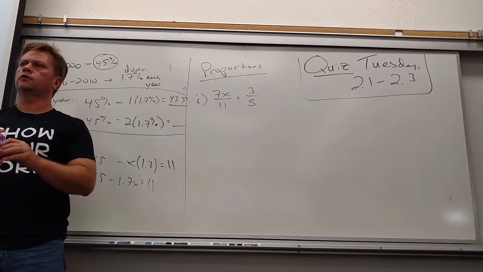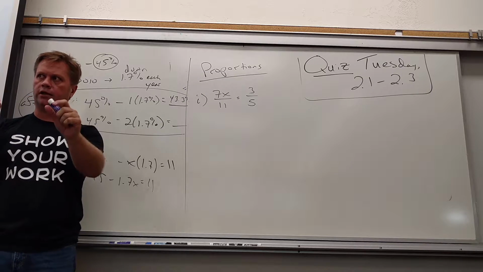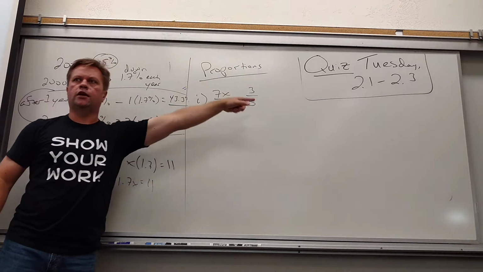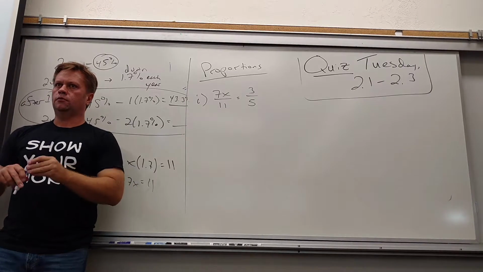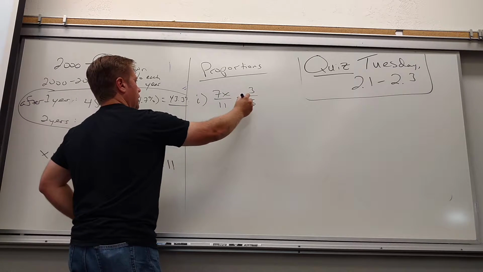How do I solve that? Cross multiply. I love it. Remember, cross multiplication is a shortcut that only works when I have fraction equals fraction. Students try to do it too many other places. No. So here I get